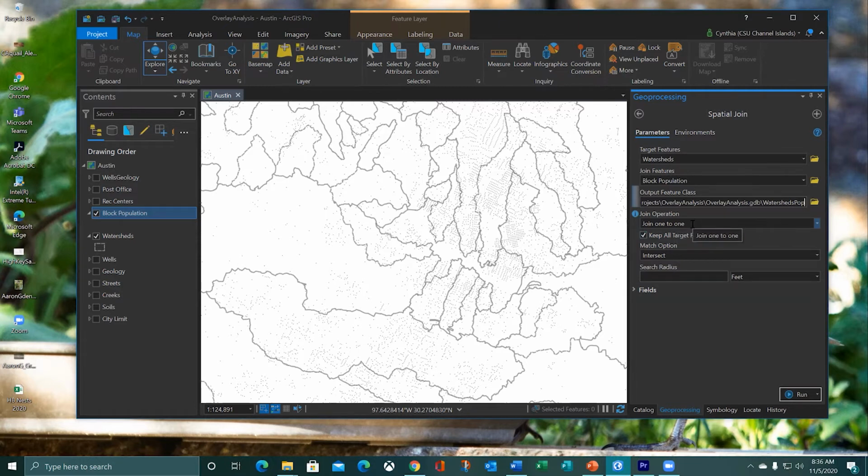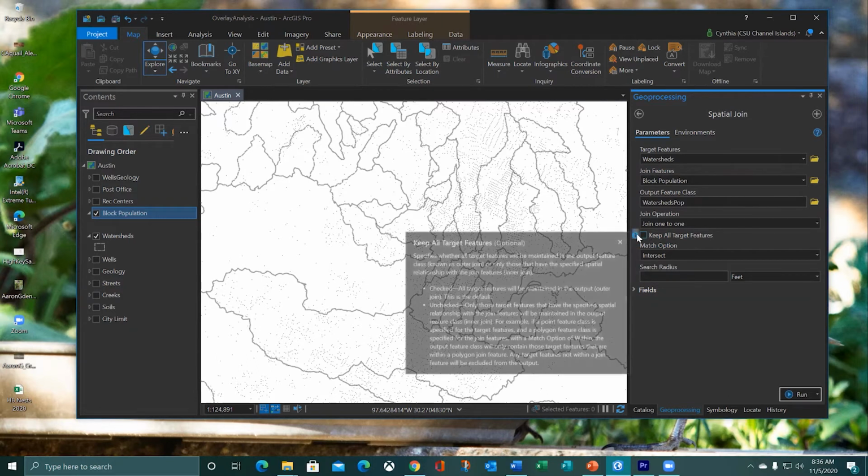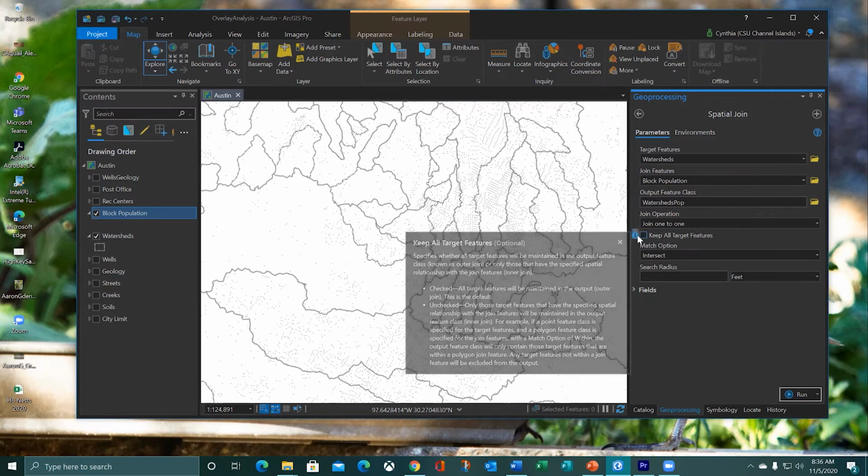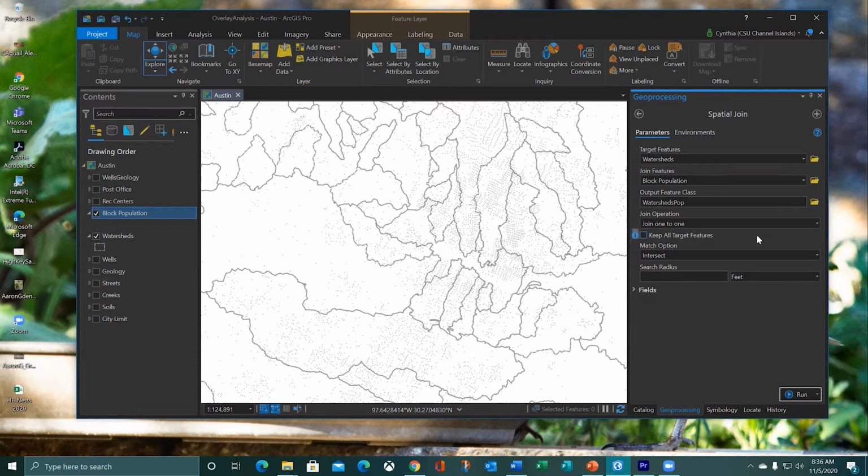So that means we're going to have to set up some merge conditions. We're going to uncheck keep all target features. What this means is if there are any features that are empty, that don't find a match, then we're not going to keep them. So we don't want any null values. And then our match option, this is out of order from the book a little bit. It's above the merge tools. We're going to go ahead and set that right now. So instead of intersect,